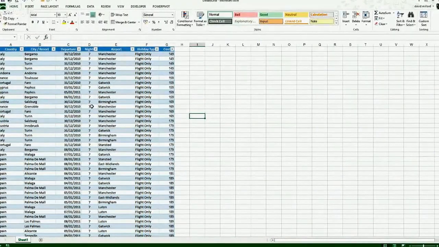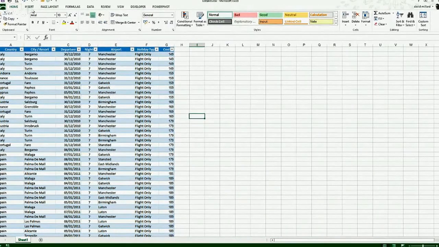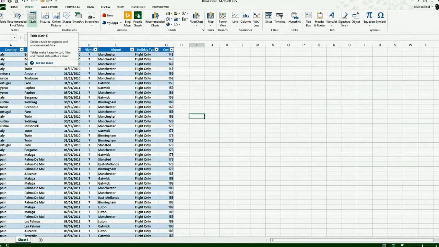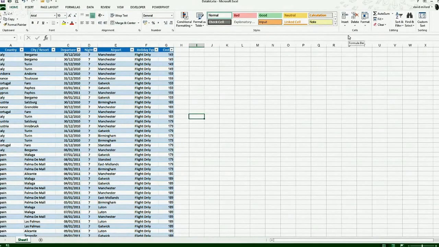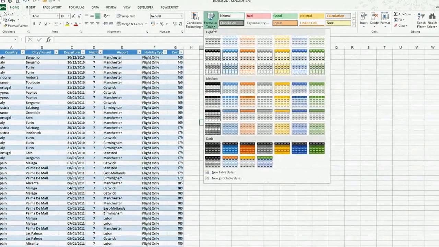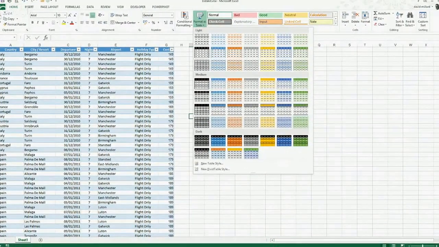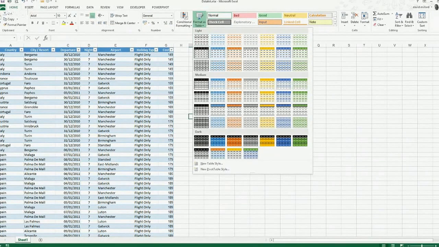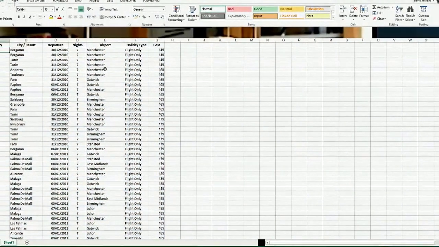Now, that's the quickest way of doing it. But if you're looking for alternative ways, then you can go up to the Insert tab. Clicking Insert gives you a table here. Or you can go from the Home tab over here and Format as Table. If you click this button, then it'll open a gallery and you can choose a layout from there. These table styles are fairly boring really, but the default one is this pale blue. I'm going to change mine to this one because I think it renders a little bit better on video. So I'm going to choose this first style, but of course you can choose